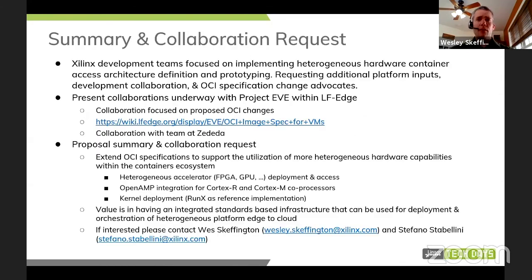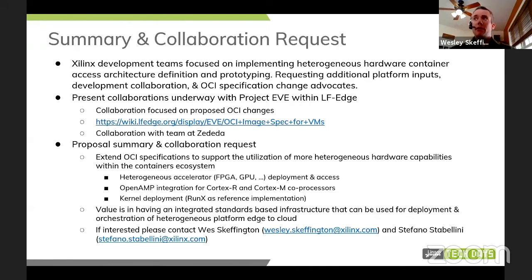specifications. So just in summary, Xilinx right now has a small development team that's working on prototyping this. Of course, we're doing that within the context of FPGA SoCs.